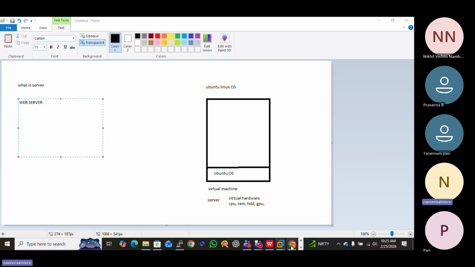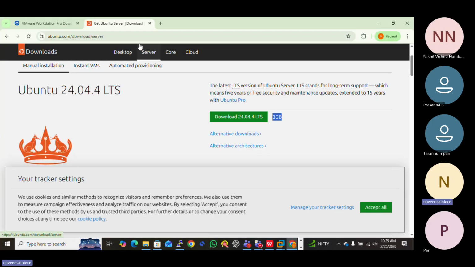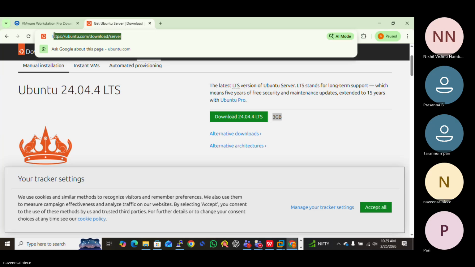Whenever we see any website on the browser, if you open the browser, you can see ubuntu.com or whatever domain it is running. Every website or web application is running on the web.